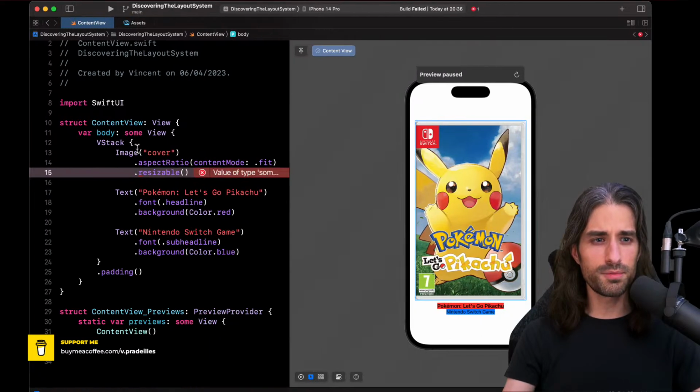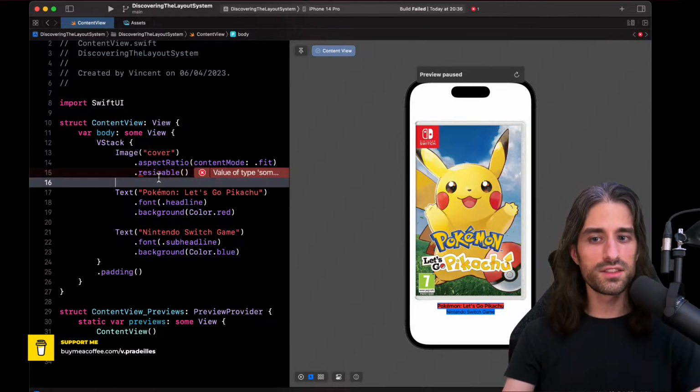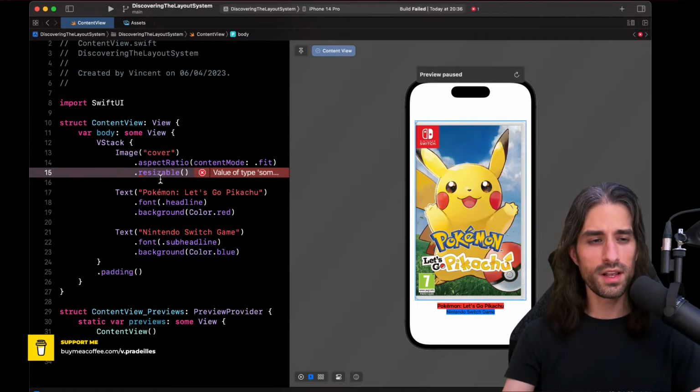And I want to point it out because it's quite an interesting error. The reason is that whereas aspect ratio is defined on an extension of View, so you can call it on any view, it's not the case for resizable. This one is only defined on an Image.